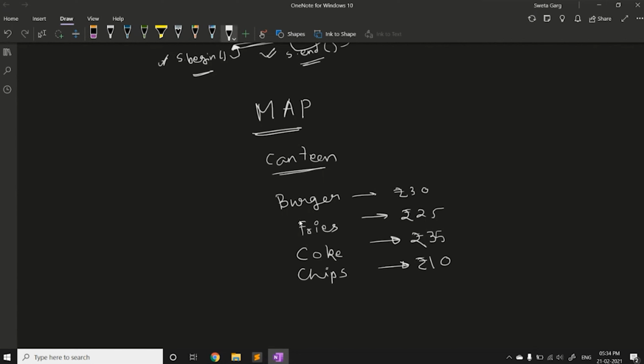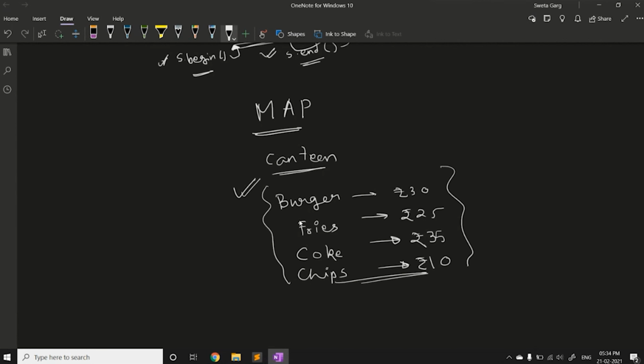So what is happening here? You are asking the shopkeeper a query, what is the price of a burger? And he instantly tells you the price of a burger is 30. Now I ask you to store this data in a data structure. What can you do?